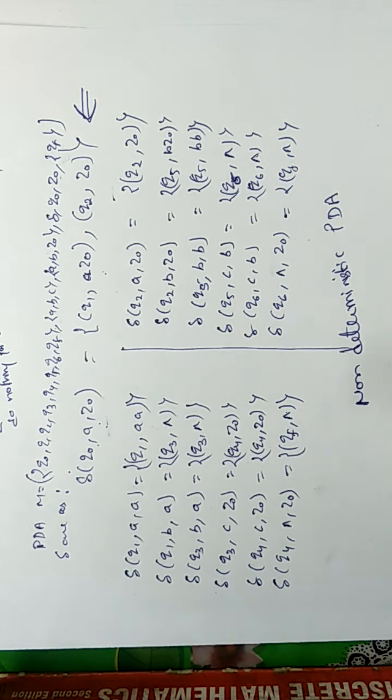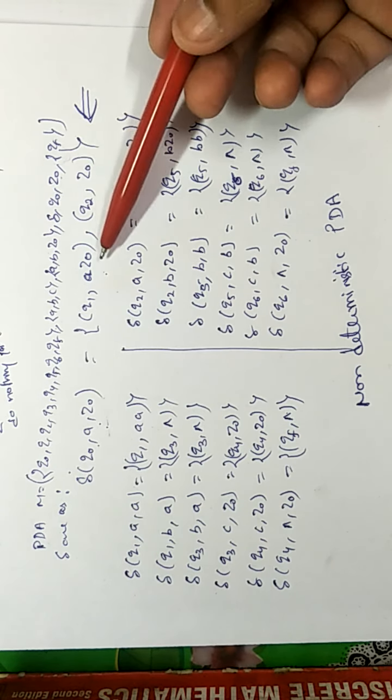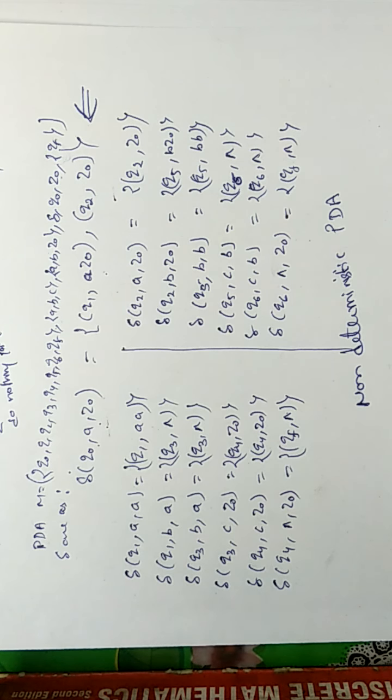In deterministic PDA we have at most one choice, a maximum of one choice in case of DPDA. In case of NPDA there can be more than one choice, as we can see here. Another thing is that in deterministic PDA null moves are allowed only at the end of the input. In NPDA a null move can be in between the input also. We assume that there is epsilon in between, after some a and b there can be epsilon.